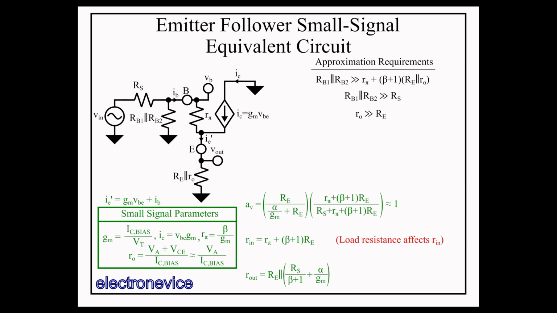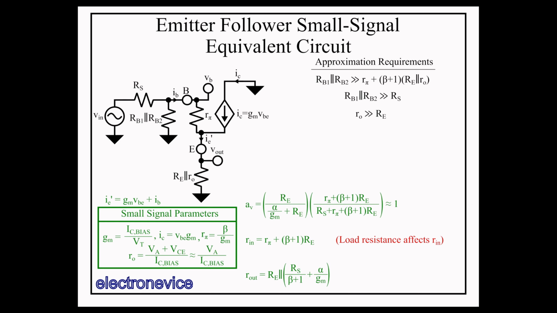And it's worth noting at this point that given how low alpha over GM is at 1 milliamp collector current, about 26 ohms, you should bear in mind that there are internal resistances from the physical metal connections within BJT parts that will start to come into play. So don't assume you can just crush this impedance down to less than an ohm by dumping 100 milliamps of current into the collector. At some point, the physical resistance of the connections in the part are going to be the limiting factor. So, the lowest output impedance is alpha over GM.